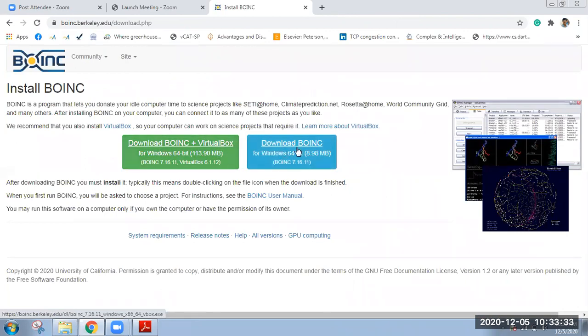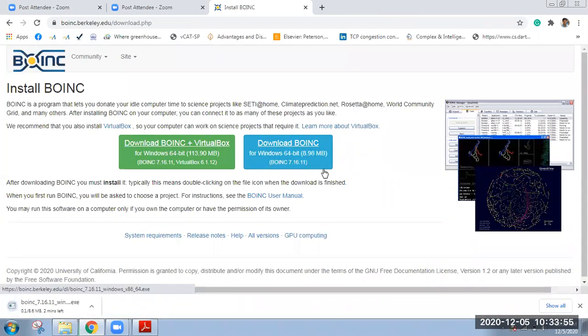One is download BOINC, which is 8.98 MB, a small one. Another is if you want to install with VirtualBox, but it is not required. Let us go with download BOINC. So all of you please click download BOINC. It will download a 9 MB file.